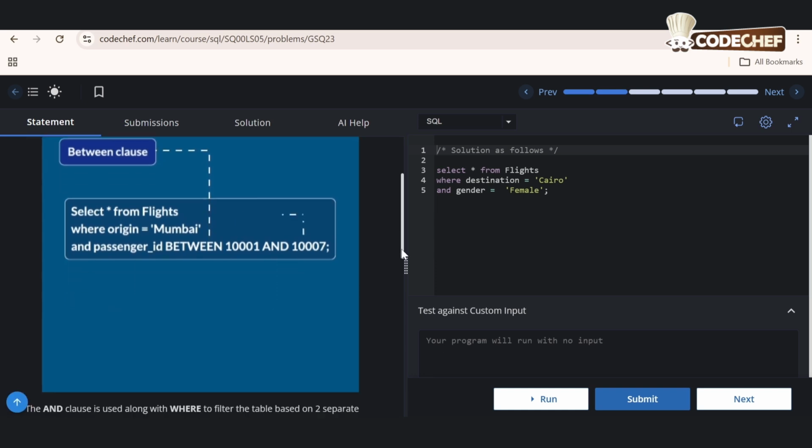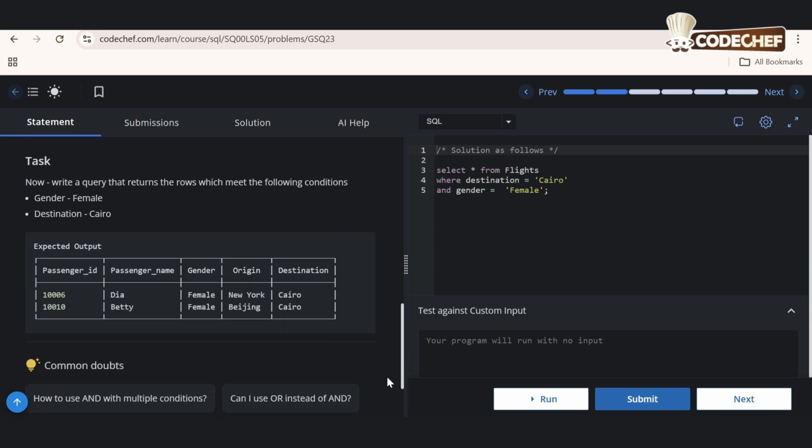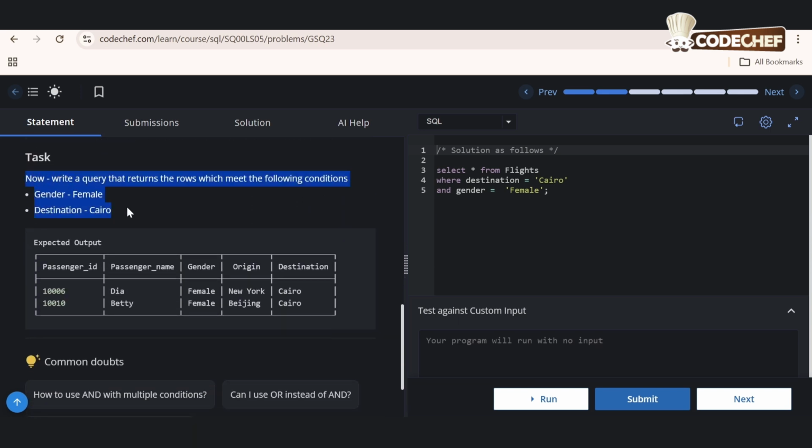Now let's see what is the task for us. Write a query that returns the rows which will meet the following conditions. First, gender female and destination Cairo. This is the expected output. SELECT * FROM flights WHERE destination = 'Cairo' AND gender = 'female';